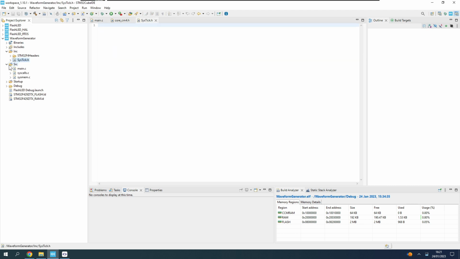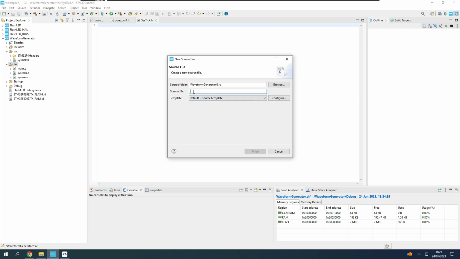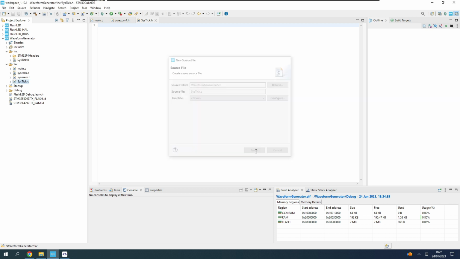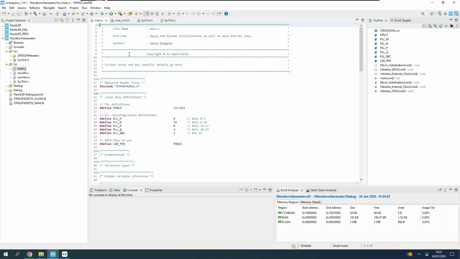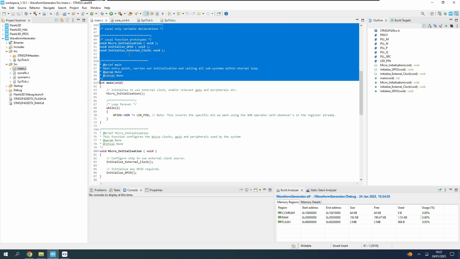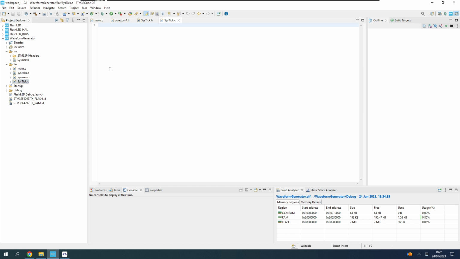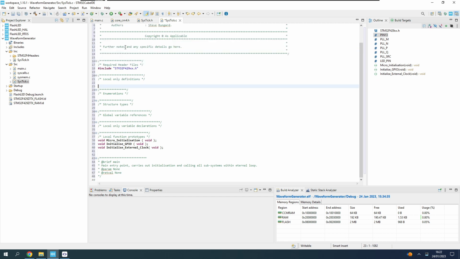The next one we're going to add under our source file, same thing, new source file, and this is going to be systick.c, and again no default, no templates, because we're going to copy that from our main file. Okay, so now we've got main, SysTick, and we've got SysTick header. So if we take our main.c for instance, I'm just going to copy from here all the way down, including the first function header. Go into here, put all that stuff in there, and I can take out the local only definitions so that we just end up with